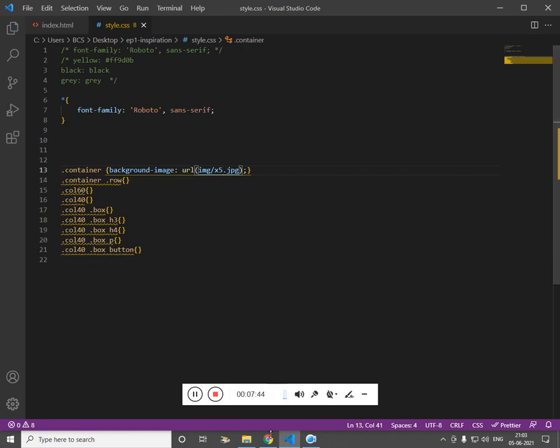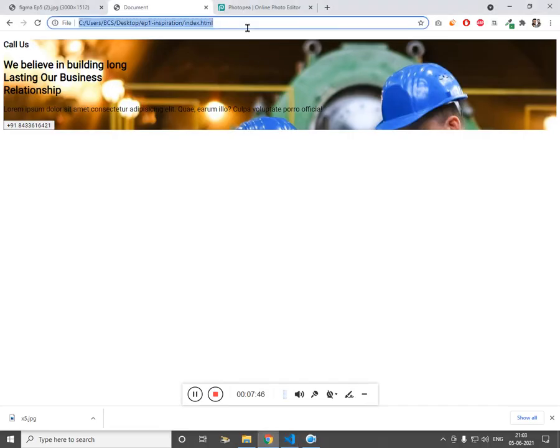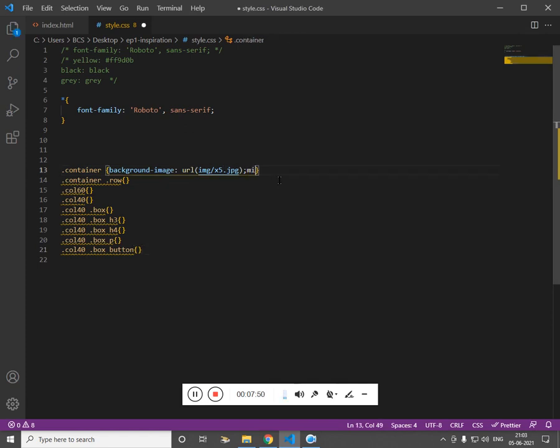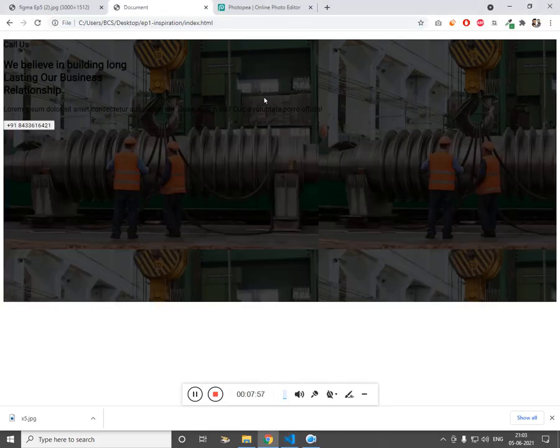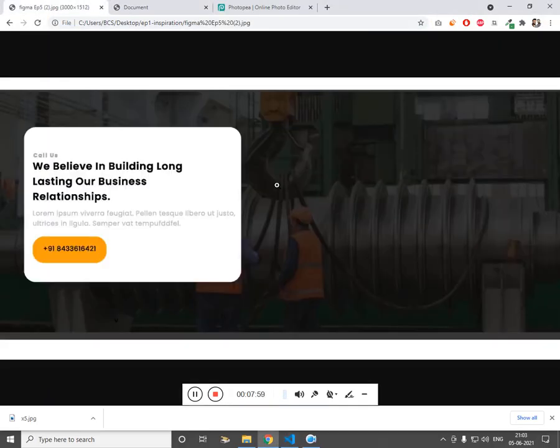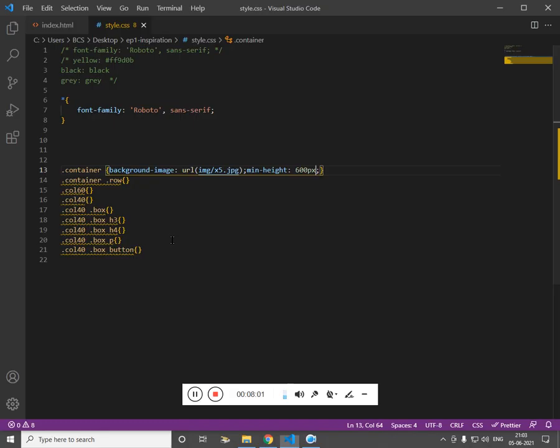X5. Refresh this. Cool, you got it. Now let's keep the minimum height of 700 pixel. Fine, that's not an issue.